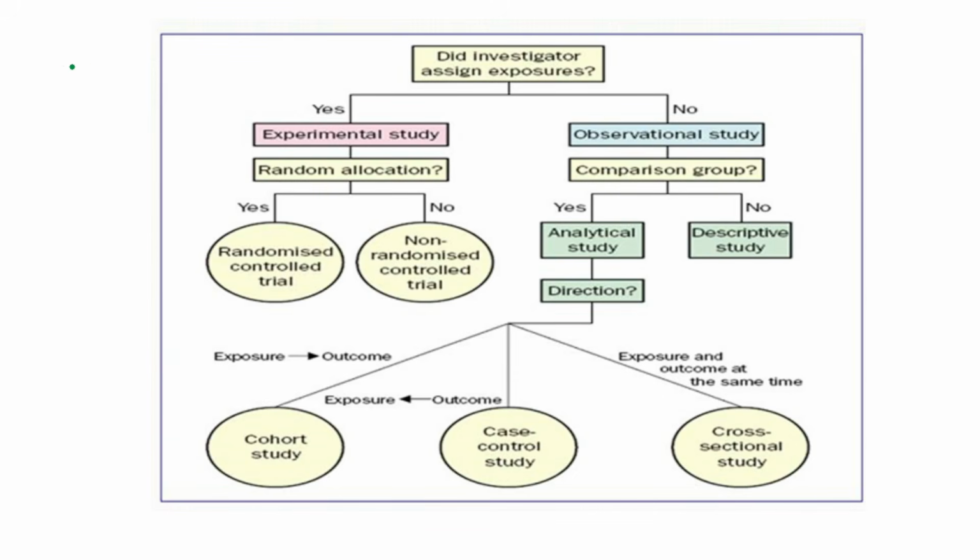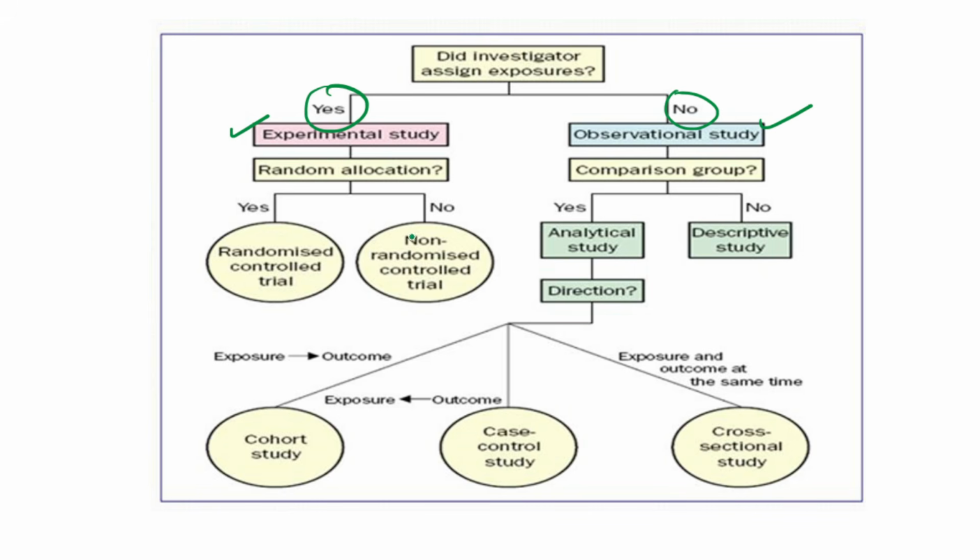Now see the information given in this chart. This chart is regarding a brief classification of different types of epidemiological studies. It goes as follows. Did the investigator assign an exposure? If yes, then that goes into an experimental study. If there is no exposure assigned, then it goes into an observational study. Further, the experimental studies are classified into randomized control trial and non-randomized control trial if there is random allocation and